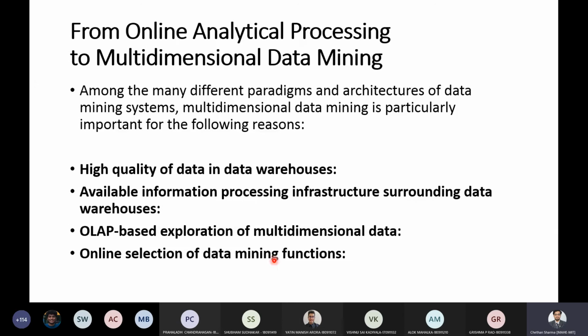You yourself are not sure what kind of knowledge you want to explore or mine. So you can select the data mining functions which you might be interested in, and do certain experiments before selecting one data mining operation which could be beneficial for your area of interest or your application.